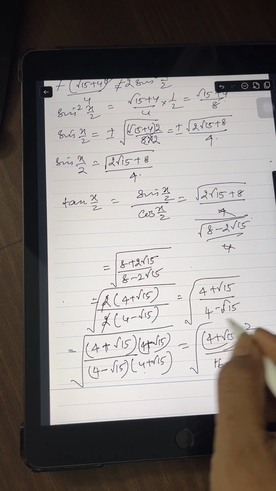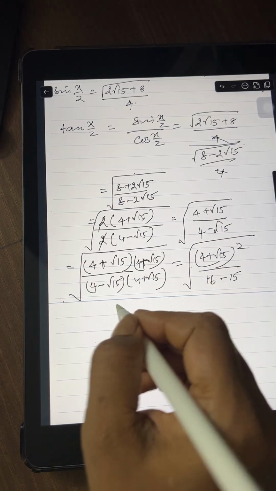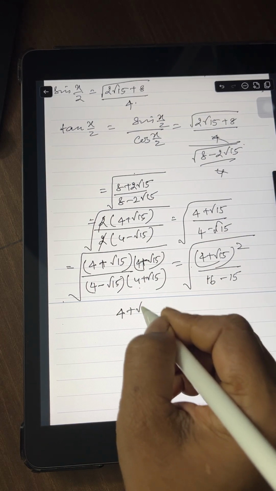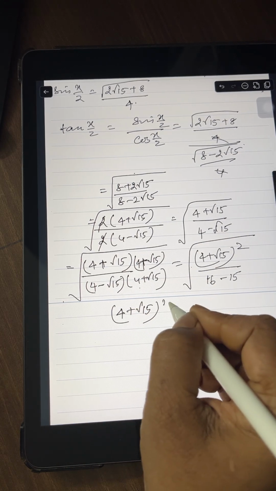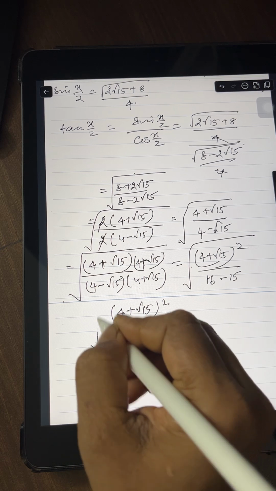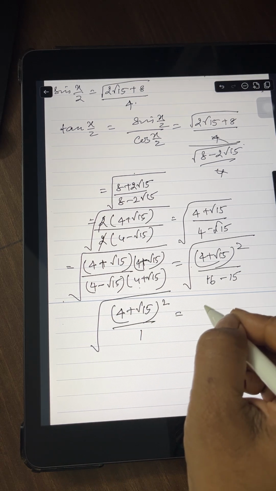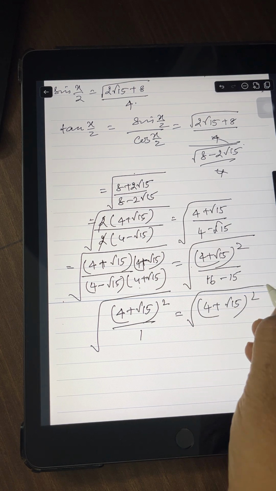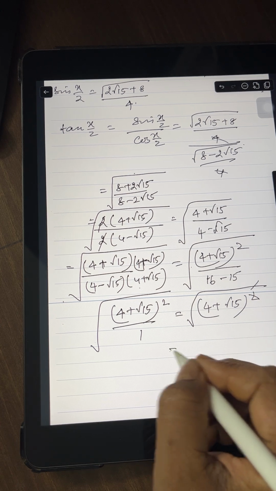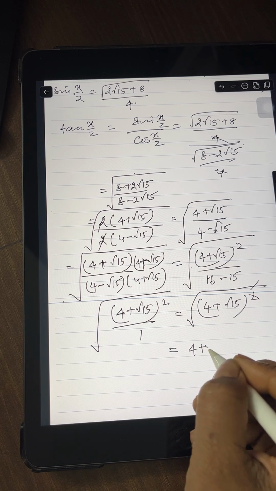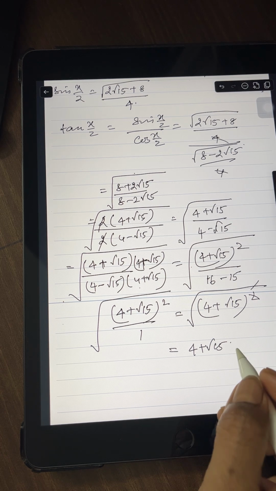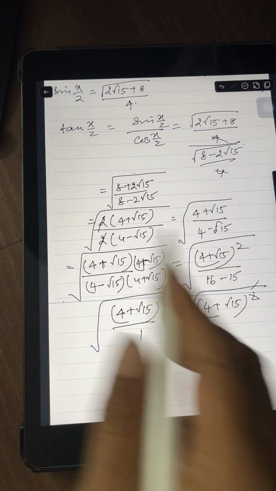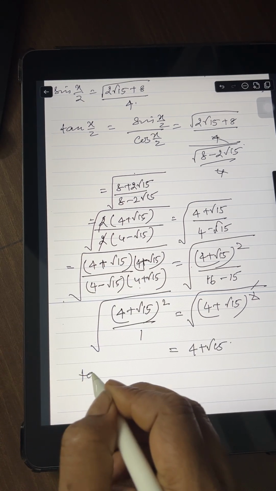Okay. Now you see 4 plus root 15 whole square by 1. This is under the root. So 4 plus root 15 whole square under the root. Now this root and this square can be cancelled. So your answer is 4 plus root 15. Okay, done. So tan x by 2 is